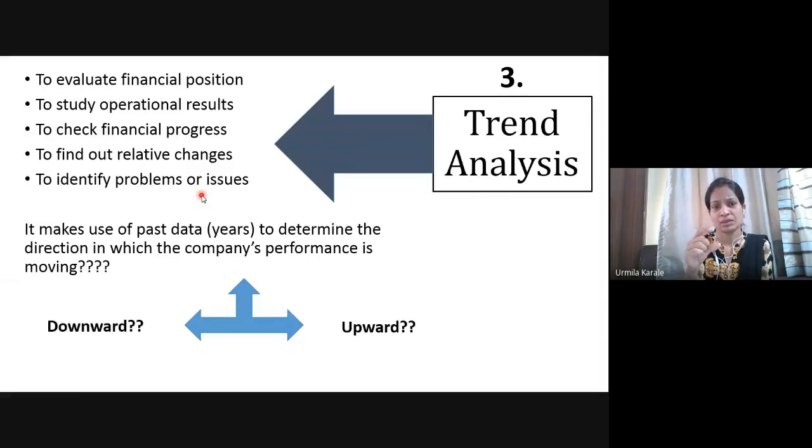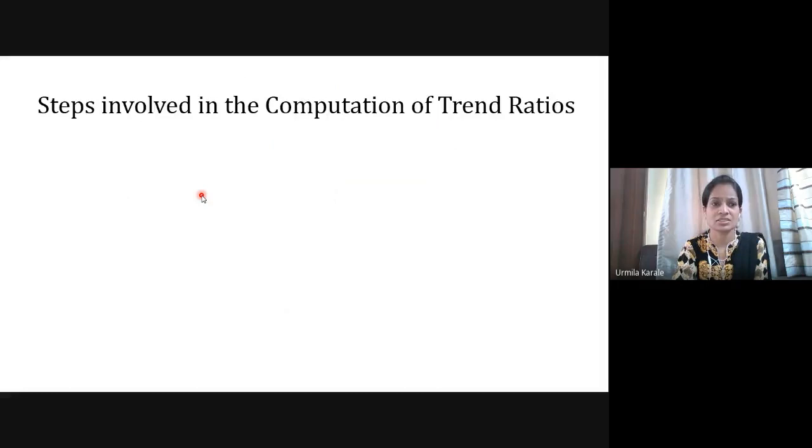Now for each thing we are going to find out the trend, like the trend of your sales, trend of cost of goods sold, trend of operating profit, trend of gross profit. So for each and every component of the profit and loss account as well as the balance sheet, you can find out the trend. To take various decisions, this particular information is going to help you so much, right? So this is how trend analysis is used.